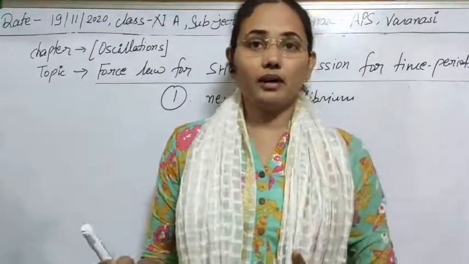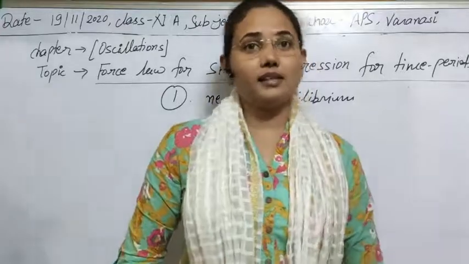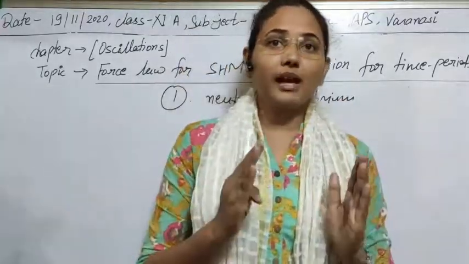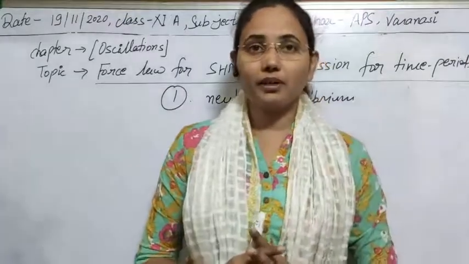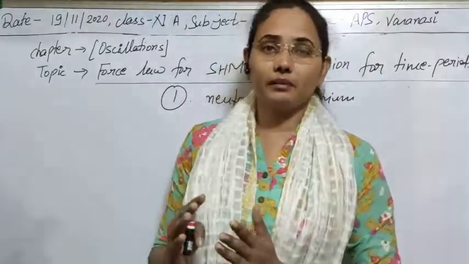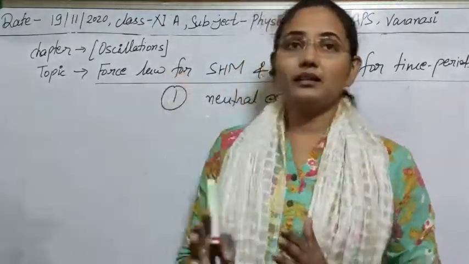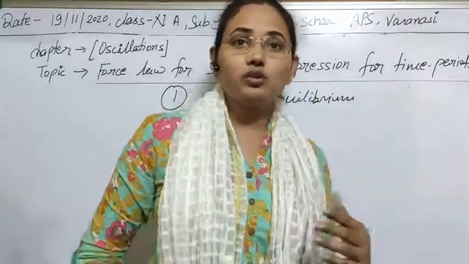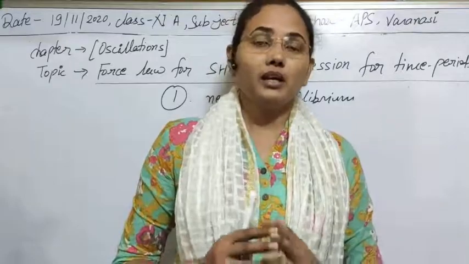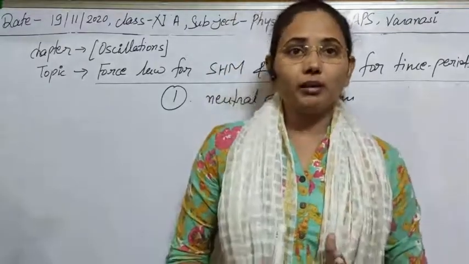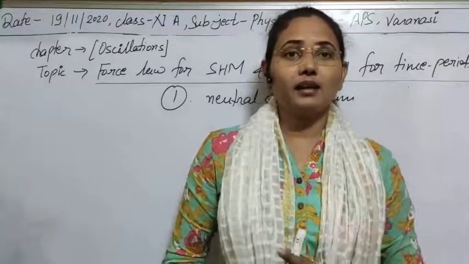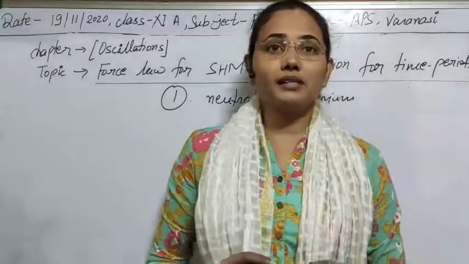Clear? As we have already studied the cases of equilibrium in the rotational inertia chapter, I think there is still no confusion. We have three types of equilibrium cases: neutral, stable, and unstable. So based on that, in vibratory motion there can also be three types of equilibrium. If the body is in equilibrium and the forces acting on the body are in balance, then three equilibrium cases can arise.